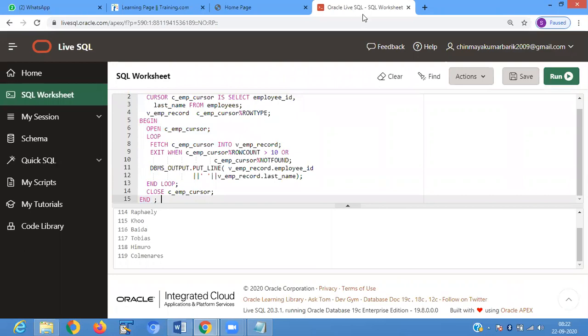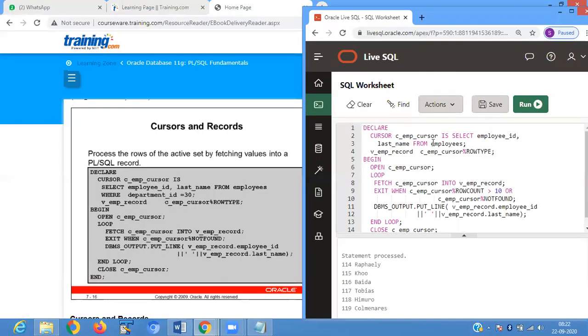It is a cursor and record example. Where E_employee record is row type.